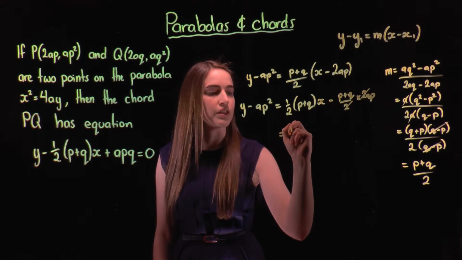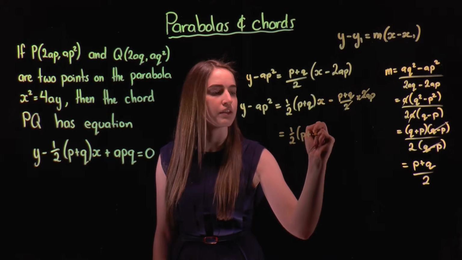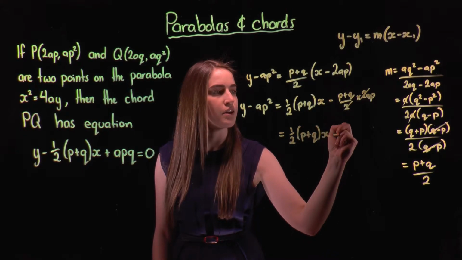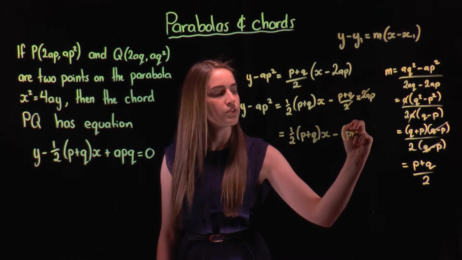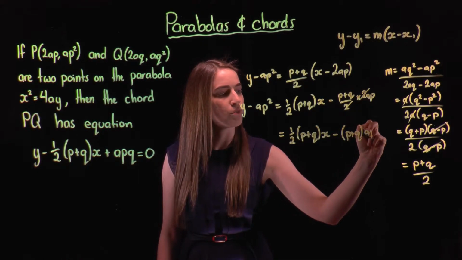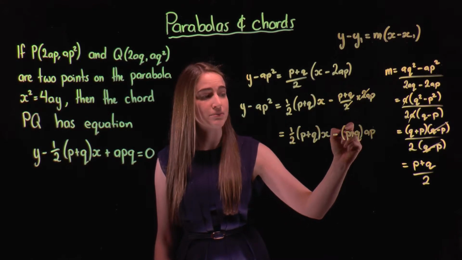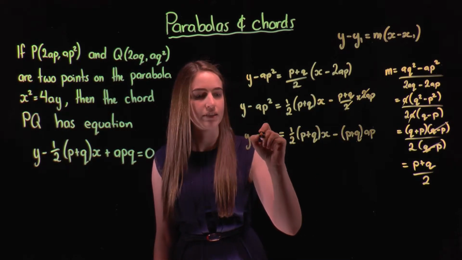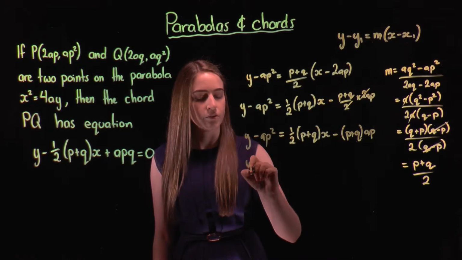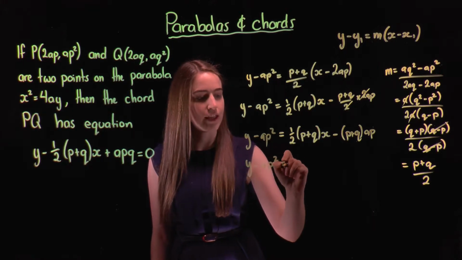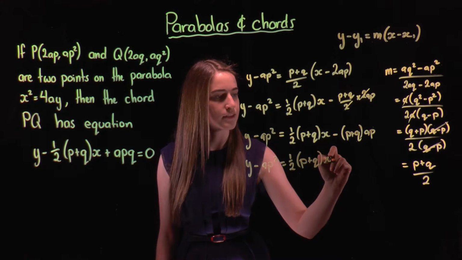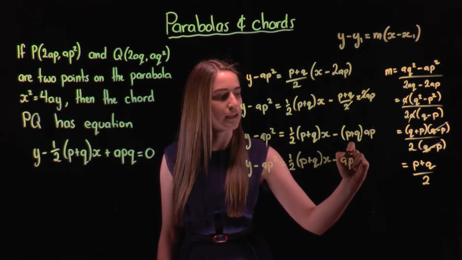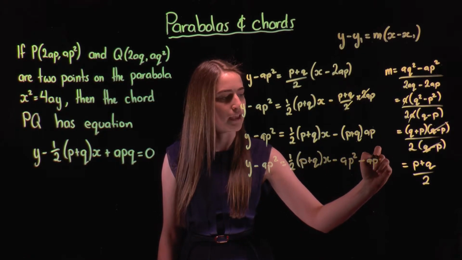So I'm going to end up with a half p plus q x minus, now I've got this p plus q and then multiply that by ap. So I'm going to now expand that out as well. I should keep writing this down. So I'm going to have y minus ap squared equals a half p plus q x minus ap squared minus apq,